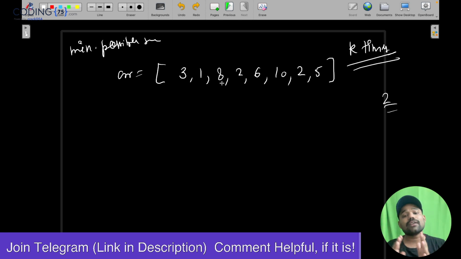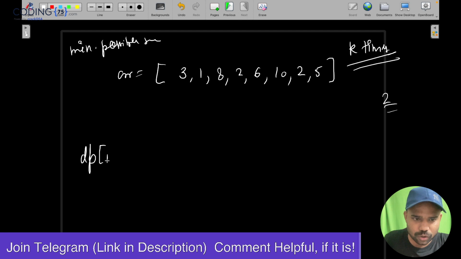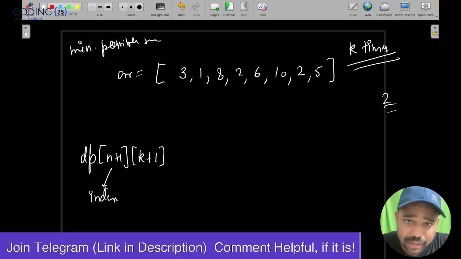So guys, you have to check for all the possible cases, and we will apply dynamic programming here. So how will we actually perform the dynamic programming? For example, we will take a DP array of size n plus 1 and k plus 1. The state of DP will represent the index in the array where we are, and